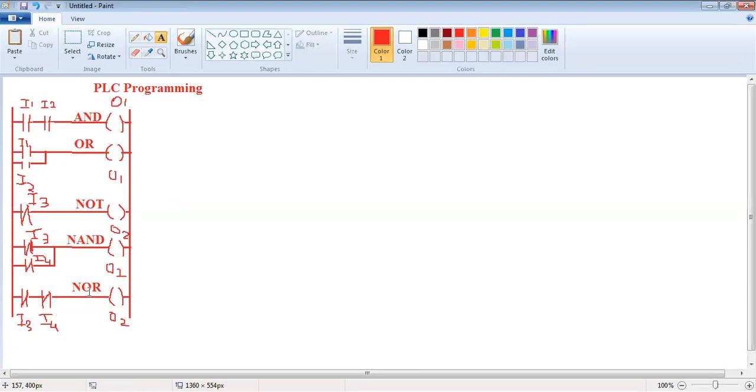NOR. It is not OR, it is NOR. Negation of OR. NC switches in series. Then see OR. NO switches in parallel. NAND, exactly opposite to AND. OR, NO switches parallel. NAND, NC switches parallel. So don't get confused between NO and NC.